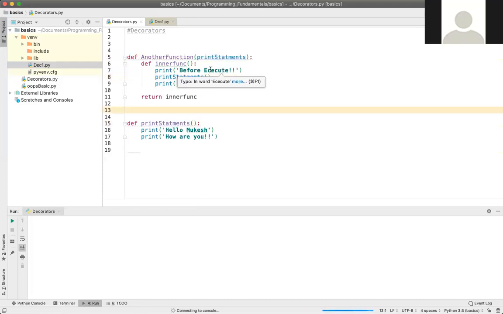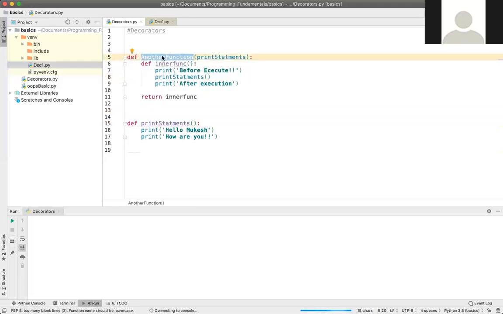So a decorator is a function which will take another function as an argument, do some modifications on that, I mean, it will decorate that function, and again return that function.